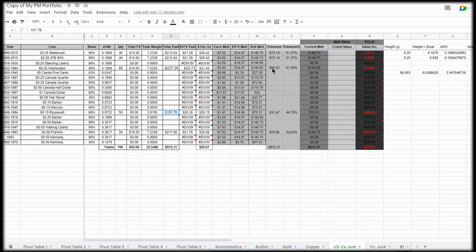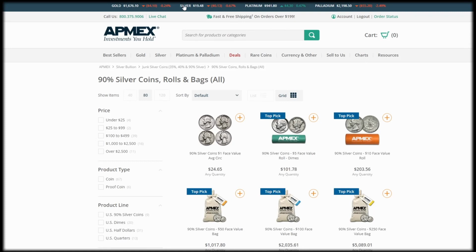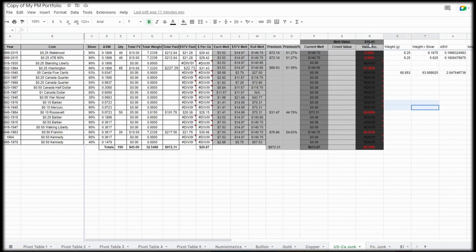But from the melt value perspective, today's spot, last I checked was 1945, so it went up to 1948. Fair enough, we'll increase that to 19.48. Based on this spot value, the melt cost of that roll of dimes is $70.42,